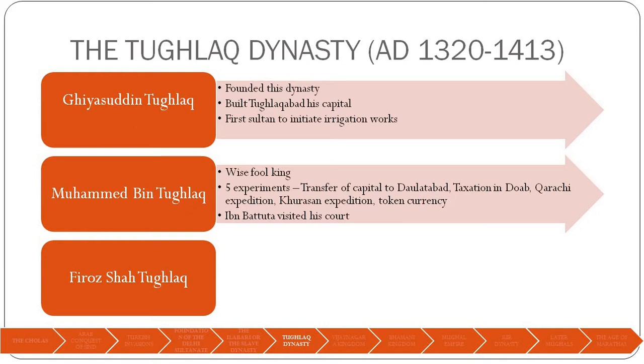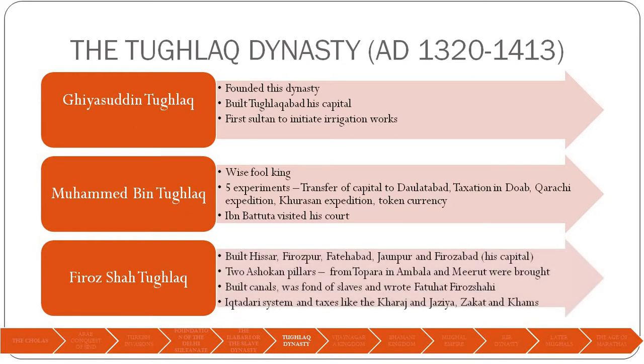Then came Firoz Shah Tughlaq, who built the new towns of Hisar, Firozpur, Fatehabad, Jaunpur and Firozabad. Firozabad was his capital. During his reign, 2 Ashoka pillars, one from Topra in Ambala and the other from Meerut, were brought. He built canals, was fond of slaves and wrote a book, the Fatuhat-i-Firoz Shahi. Firoz Shah Tughlaq also made the Iqta system hereditary and imposed new taxes like the Kharaj, which was the land tax equal to 1/10 of the produce, and